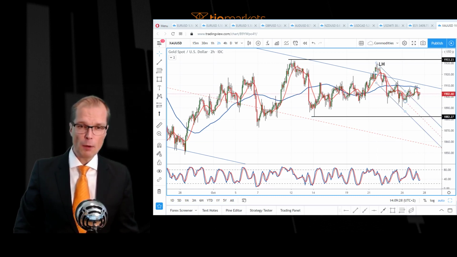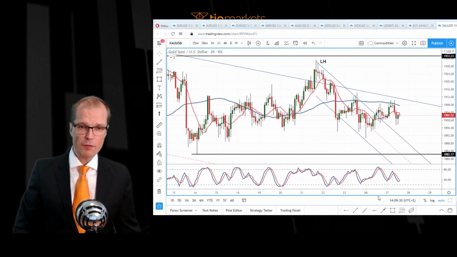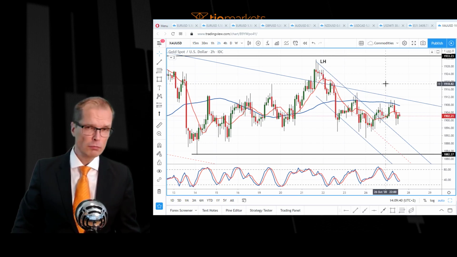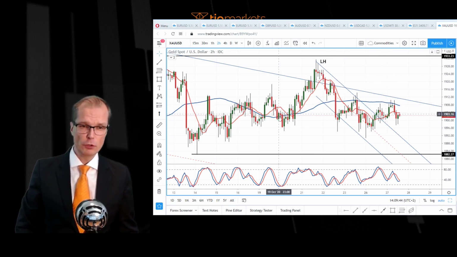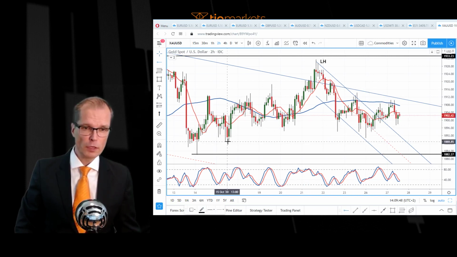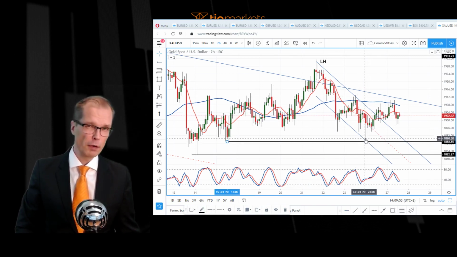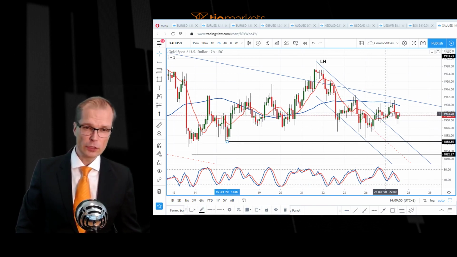Now, what is interesting, we have this channel here that was now broken. The market made lower lows here, but has since moved outside the channel, as is usual when the market comes in a ranging period close to the range lows. So we clearly have a support here that the market was approaching, and the buyers stepped in above this low and started to take the market higher.